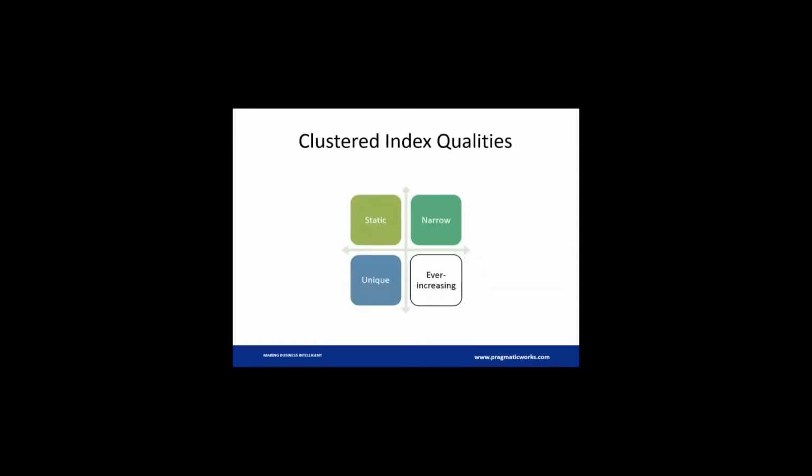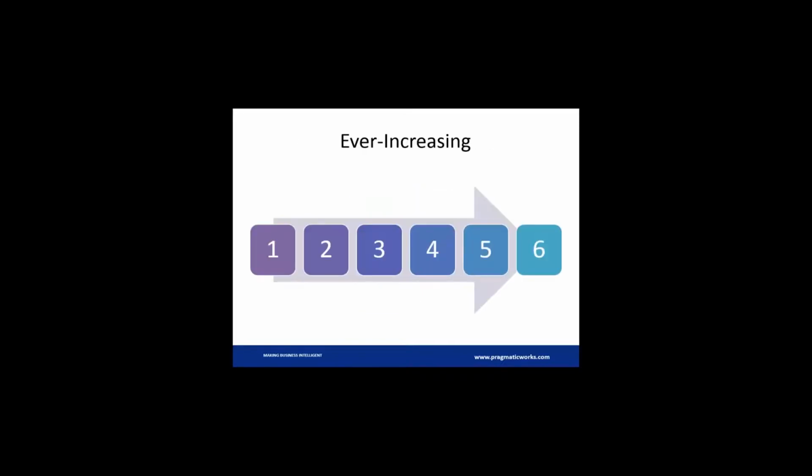Now the fourth is ever increasing, and the reason why you want to keep things ever increasing is when you're adding in rows, say you're adding in 1, 2, 3, 4, 5, 6, and supposing that they get their own page, by doing it in an ever increasing data type or data value, you're going to be putting in the rows in the order in which SQL Server wants them to be, because clustered indexes are sorted based upon the key values. But if you put them in the order of 1, 3, 5, 6, 2, 4, SQL Server can't store them in that way